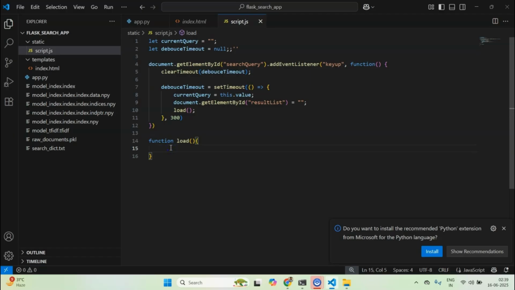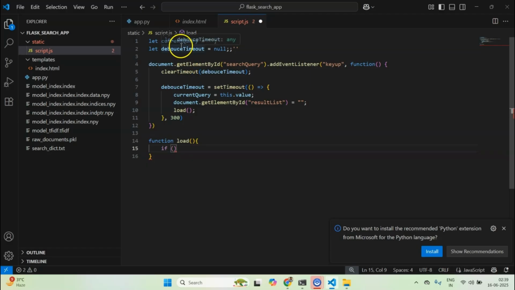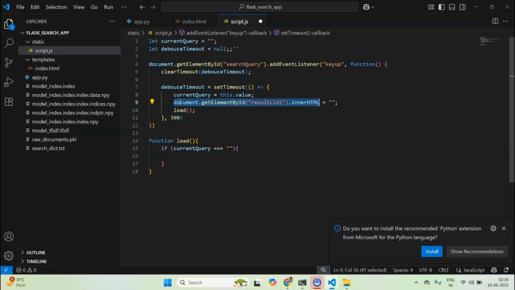Now within this load function, I would like to see if my current query is empty. If my current query is empty, then what I'll do is grab my results list. Sorry, I think I should have done innerHTML here. innerHTML. So I'll grab this entire code as it is and I'll paste it here.